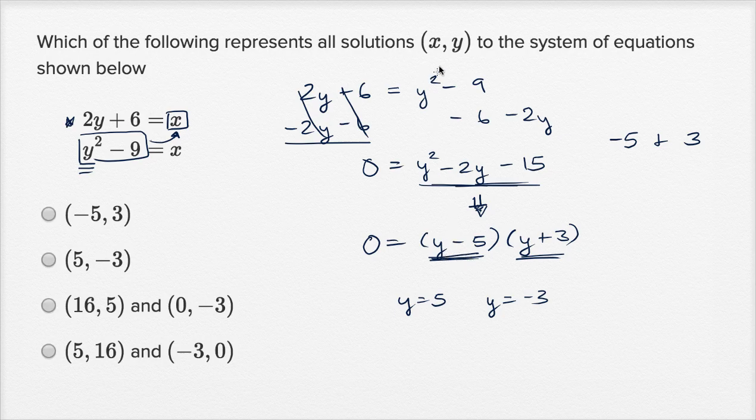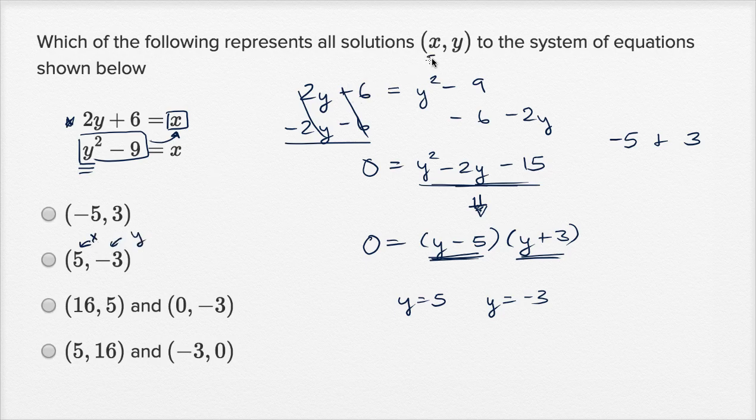Now we could go back and try to solve for the x's, or we could immediately look at our choices and say, well, any of these choices have y equals 5 and y equals negative 3 as at least the y coordinates of solutions. And these first two don't even have two choices. But this one right over here, they're actually trying to trick us a little bit because we have this number 5 and negative 3, and it's like, hey, maybe this one. But this isn't y equals 5. This is x equals 5. And when x equals 5, y is equal to negative 3. That's x and that's y.